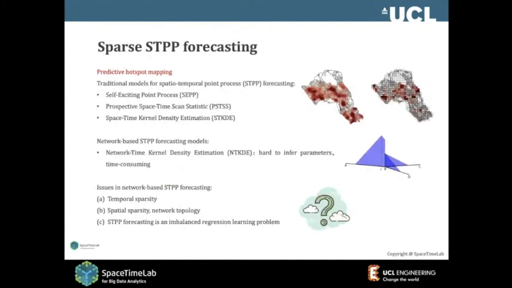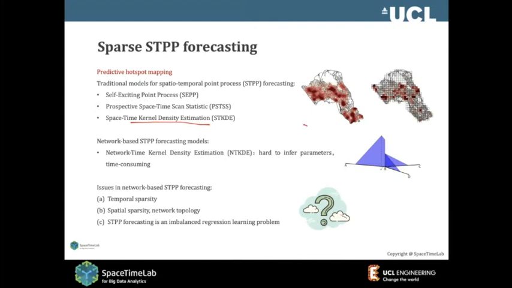Okay, so that's all those cases. So what about some sparse process like a crime? There is a lot happening everywhere. So that's actually most of the challenge in terms of deep learning. We have many models like the self-exciting point process, we have the STSS, we have lateral KDE. All of them have been trying to solve this problem.